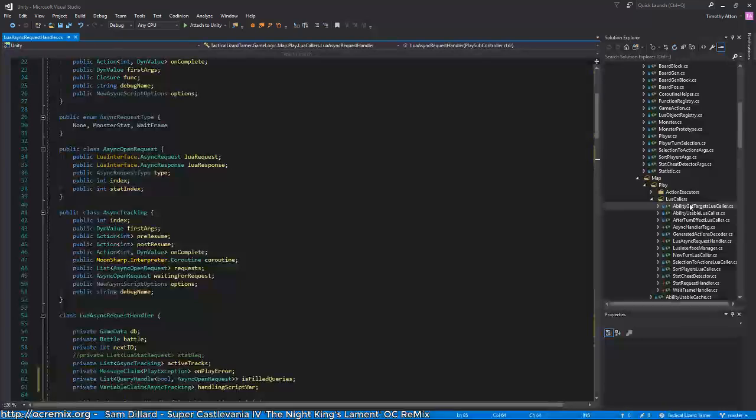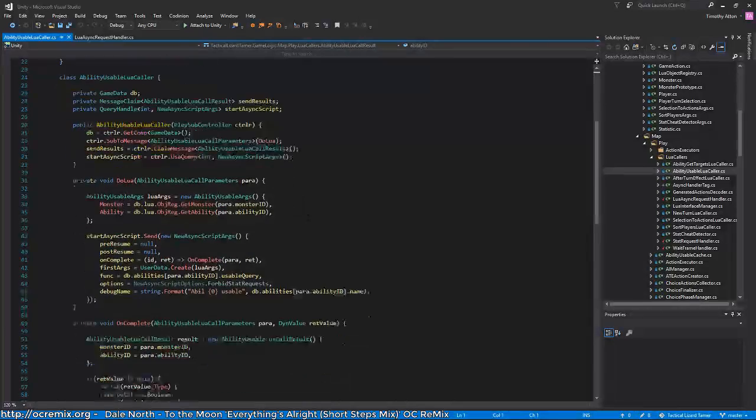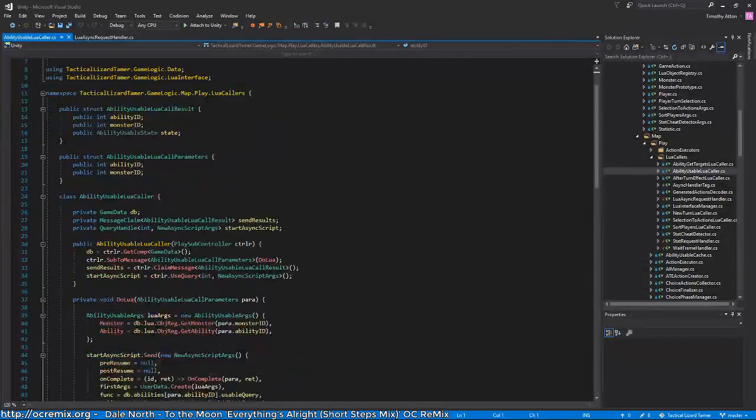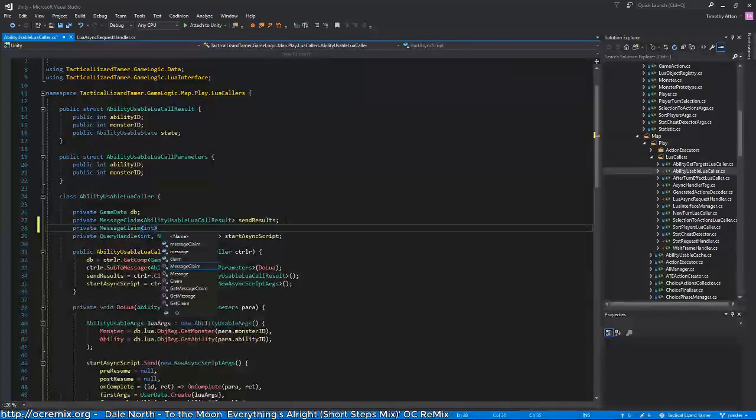So I'm trying to decide which of these scripts it would be most useful for. Well, pretty much all of them really. But let's do usable first. So how it would work is we'd actually have to get two messages here, which is a bit of a shame because it makes everything a little more complicated, but I guess that's just a fact of the matter. Yeah, this is a message claim because we're gonna send a message to someone else. Okay, so